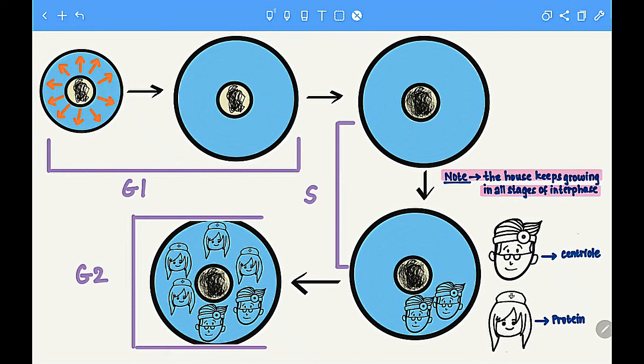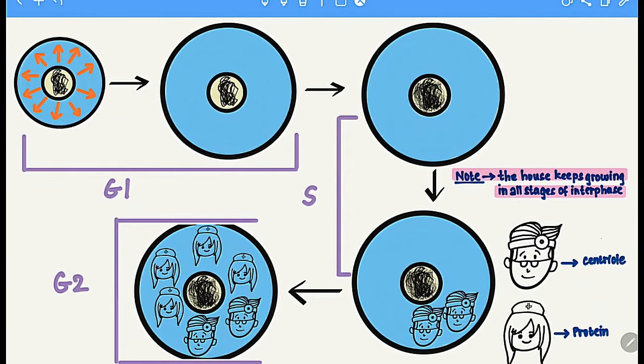In the S phase, there is a severe pain in the patients, so they replicate themselves because the members outside do not hear them, and they decide to replicate so that they can be heard by creating more noise. The doctor hears them, sees that they have replicated themselves, and duplicates himself in order to help them. Finally, during the G2 stage, the nurses form to help the doctors. That's all interphase is about.